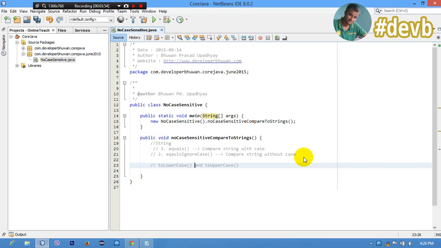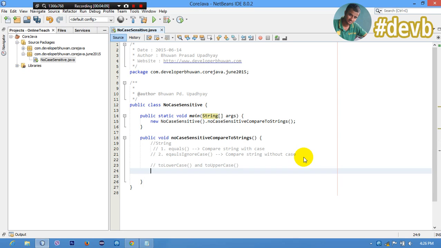By using the toLowerCase and toUpperCase methods of String, we can compare two strings without case. One method is equalsIgnoreCase.